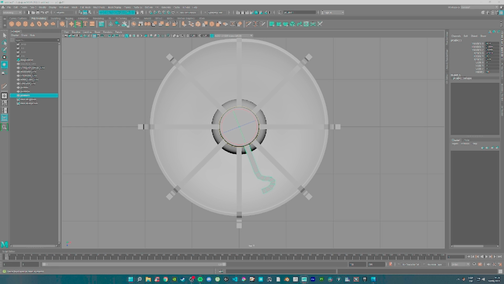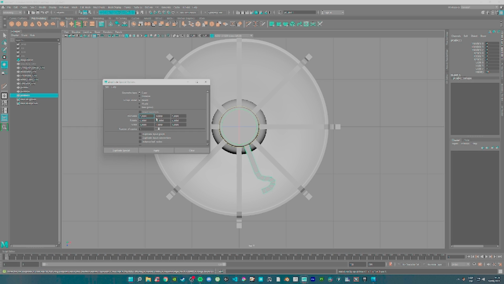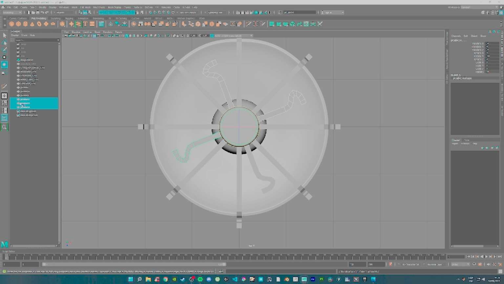So, and freeze transformations, we can go edit, duplicate special. Instead we are going 90, and we only need 3 copies, and apply, boom. Excellent. And we are gonna combine those,